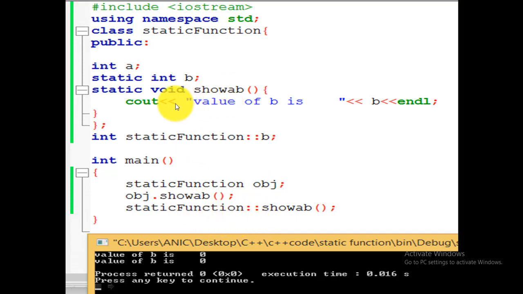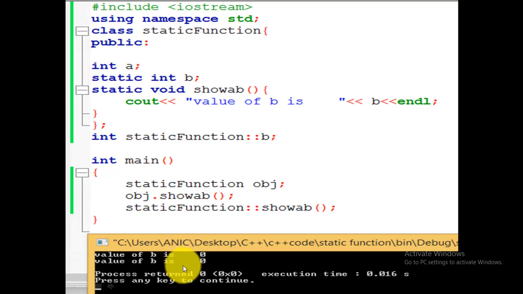So here we can access the static functions by both object or the class name. It means that if we never have the object of the class, we can call the static functions with the class name too. So here is the output.